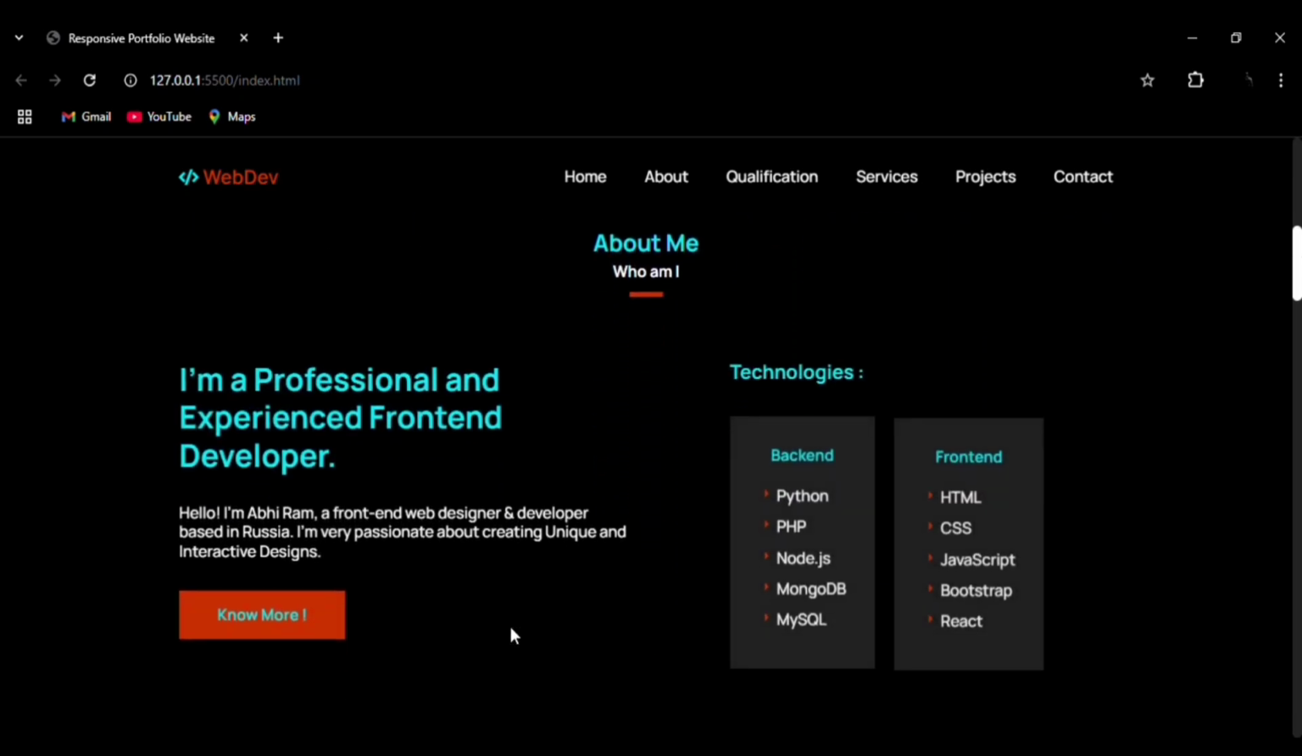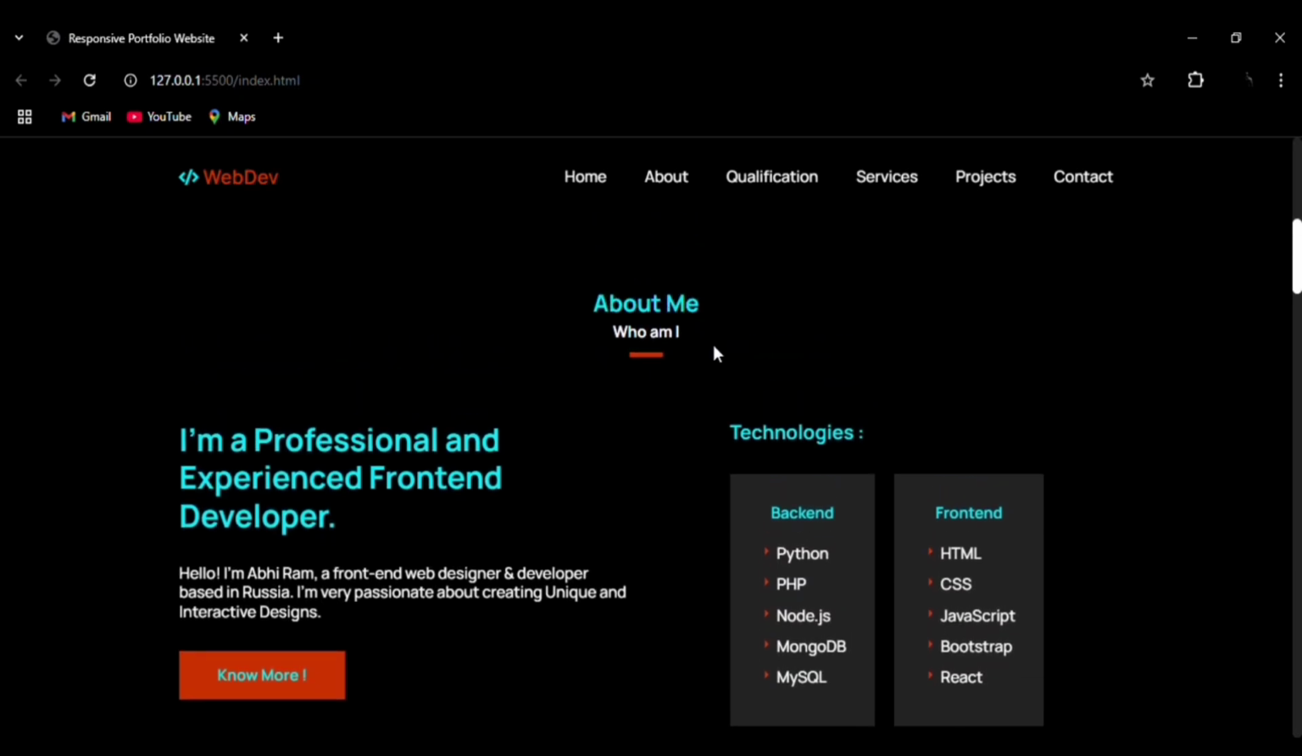You can see the hover effect on the button, and you can see the technologies. This is the way that we have aligned backend and front end. You can see the icon that we have added before the technology name, and you can see how we align the subtitle element as well as the subtitle, and we have also added the underline using the after effect of